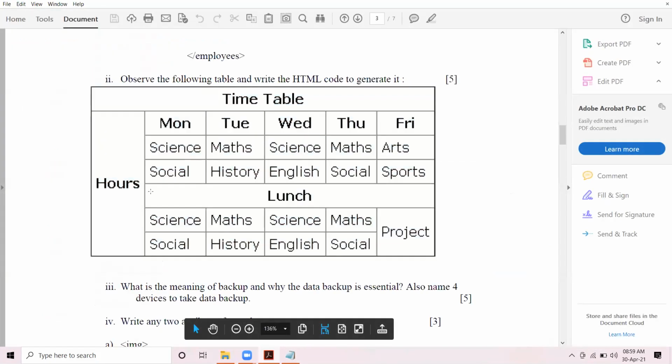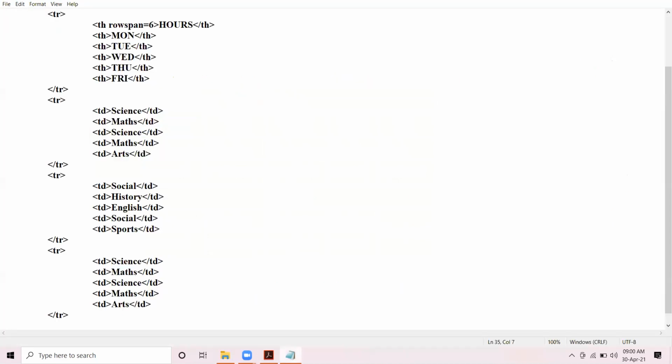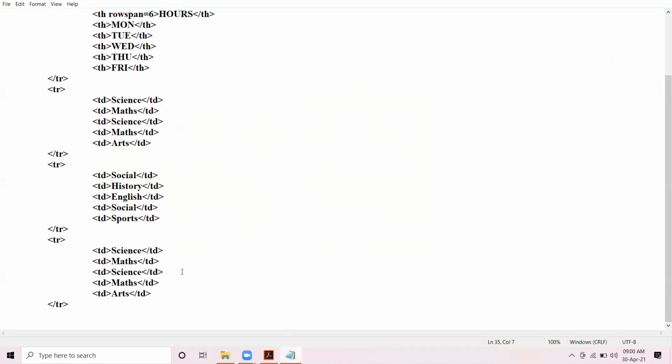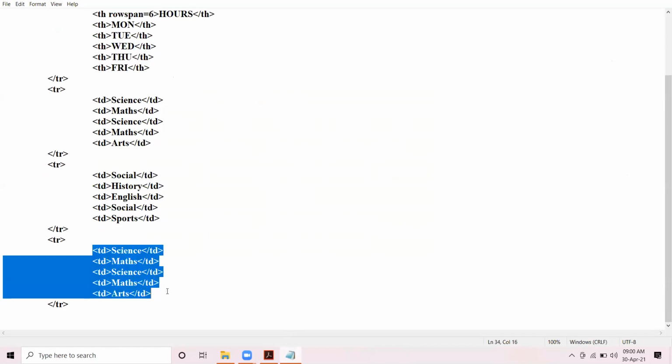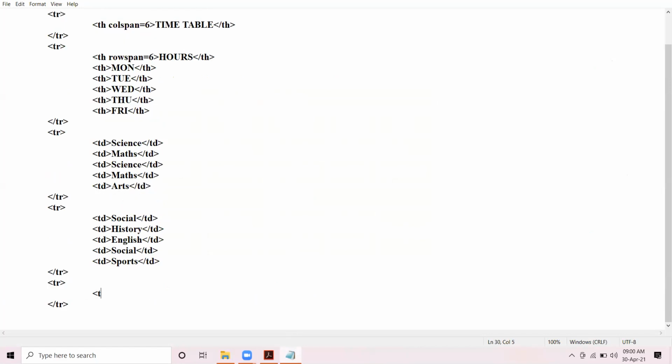Next is again the feature of colspan, spanning 5 cells to write the data lunch. Again dark, again bold. So I am taking here the header row, TH colspan equal to 5, lunch, and TH closes, right?